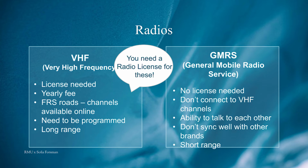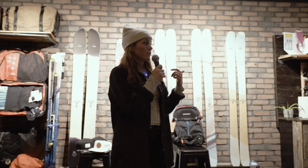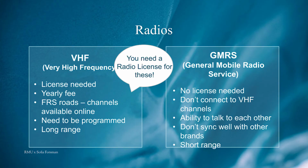A VHF radio, you need a license for. It's not complicated, nor is it expensive. You can get it online. It takes maybe a couple hours to half an hour of your time. You need to get it yearly. It's easy, it's cheap, and it puts you through some of the information that you need, because you're now operating